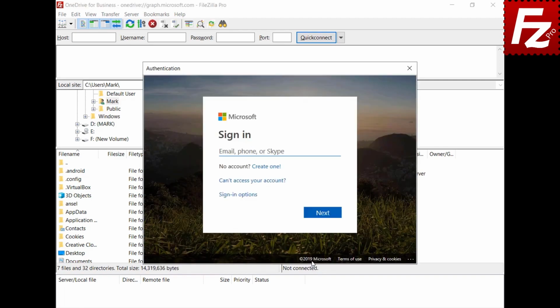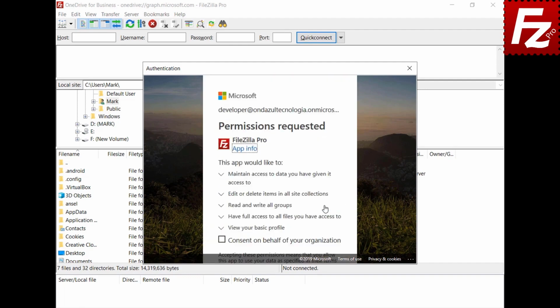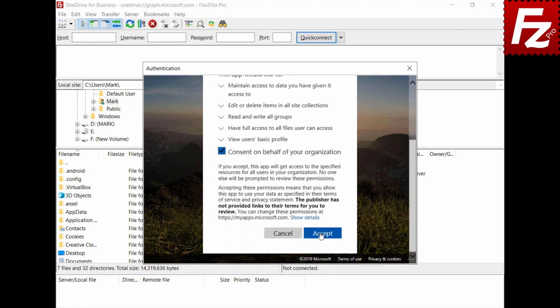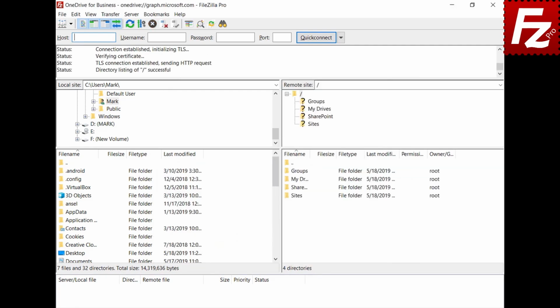Click Connect to start the authorization process. Enter the organization administrator credentials. In the Permissions Requested page, mark the option Consent on behalf of your organization. Choose Accept to grant access. Now you are connected as the organization administrator, and other organization users can also use FileZilla Pro to access their